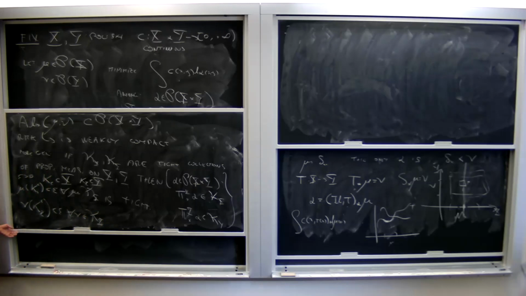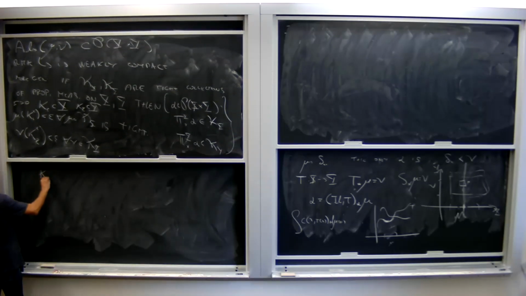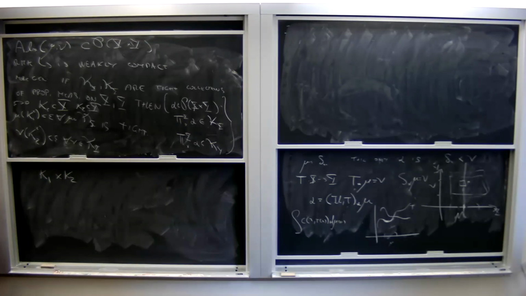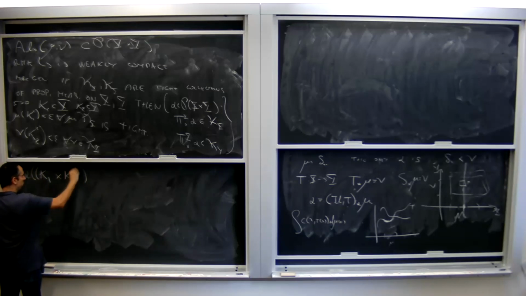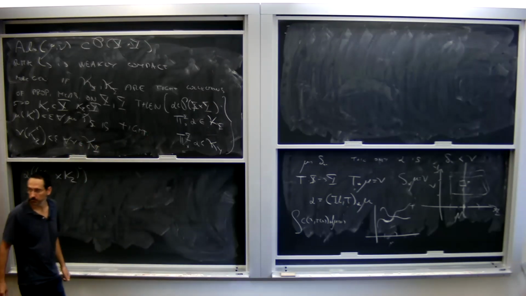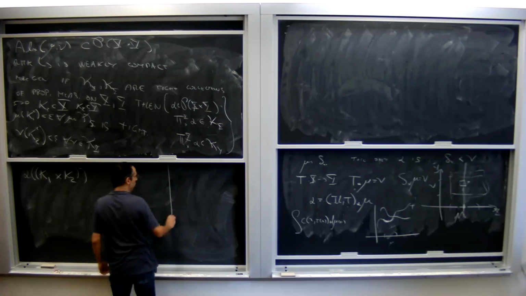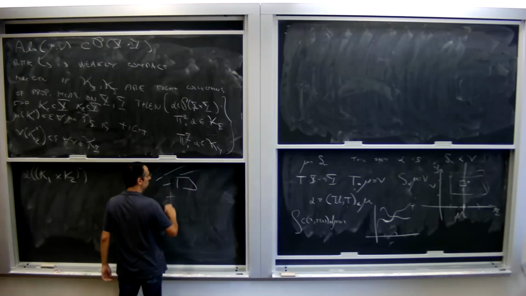Okay, now what will be the compact set in the product space that I will pick? Well, let's look at what happens if I take k1 cross k2. This is compact in the product of compact spaces, right? And let me pick alpha of the complement of this, for alpha in this set. So I'm taking the product of two sets and I'm taking the complement, right?